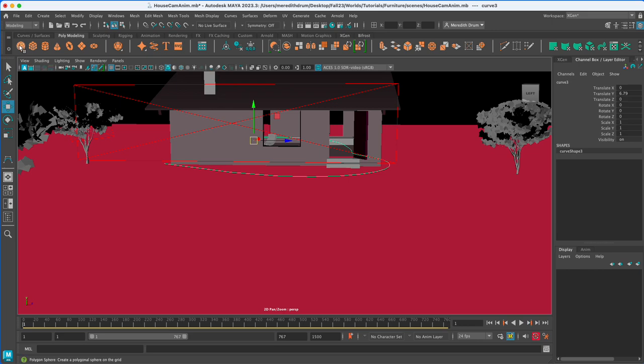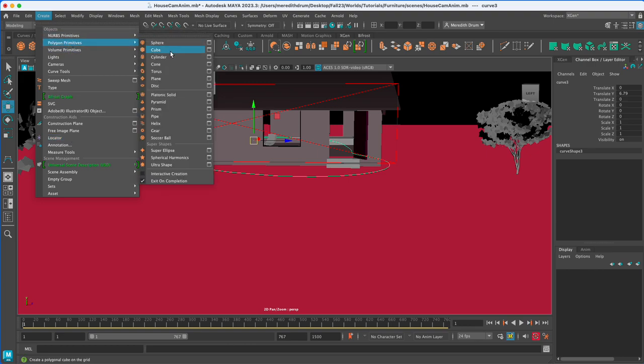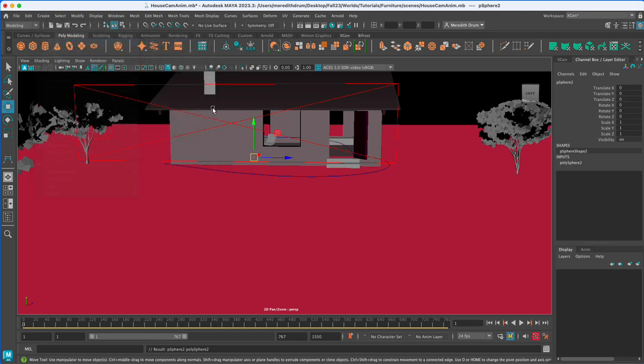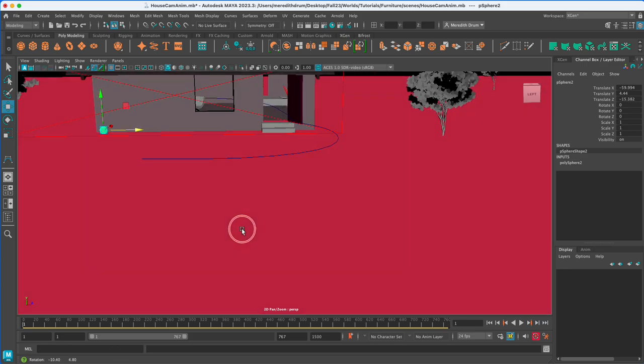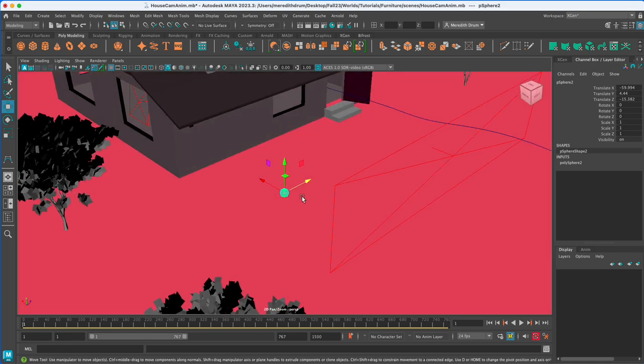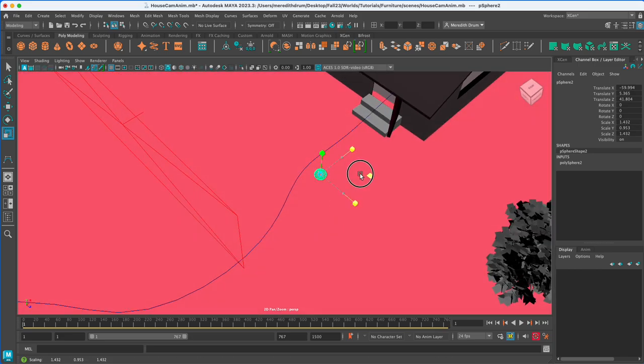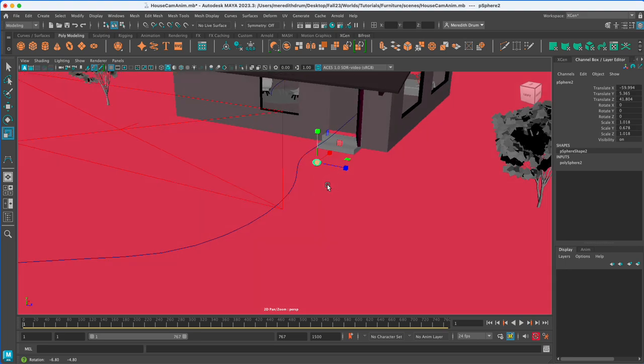Then you can create an object. Again, you could create a locator if you just want it to start and be invisible when you render it. But I'm going to have it follow a sphere for now. I'm going to bring the sphere up and out, and then you can attach it to that line. You can press F to focus in on it. It doesn't matter where it is to begin with, because once you attach it to the line, it'll orient itself according to that line. You could reshape it if you want. Maybe make it a little flatter, more like a frisbee or something. Who knows?